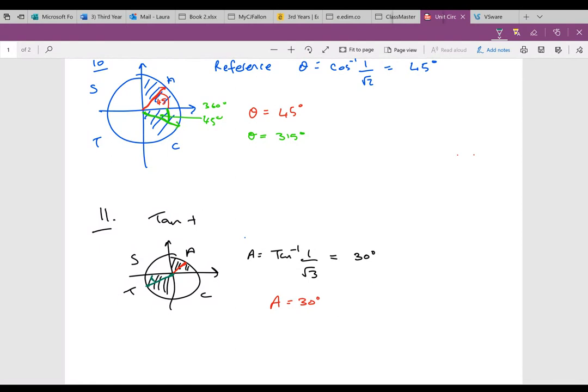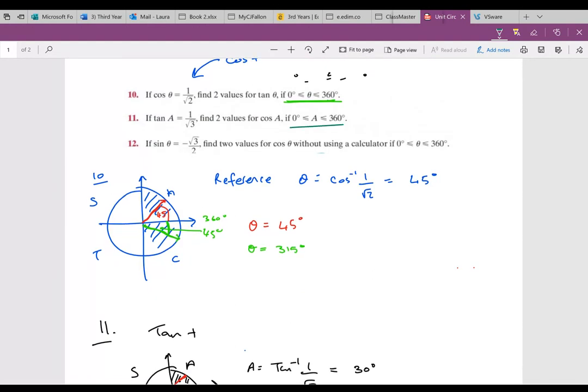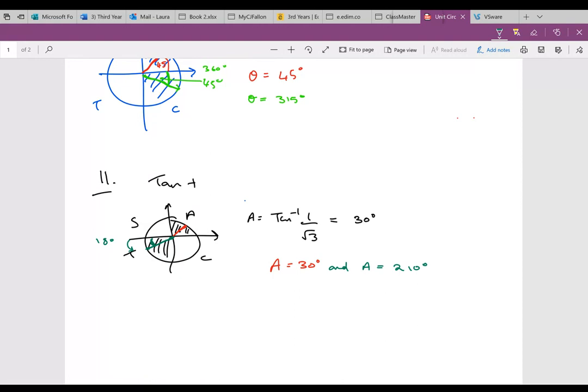So that is 180 degrees plus an additional 30. So A can be equal to 180 plus 30, which is 210 degrees. So they are the two values in which tan is positive and is equal to 1 over root 3, between 0 and 360. And again, if that was 2 full rotations,